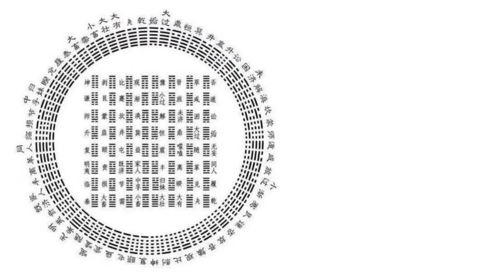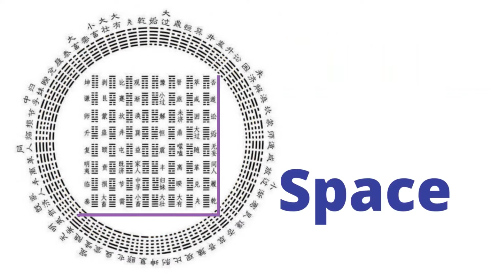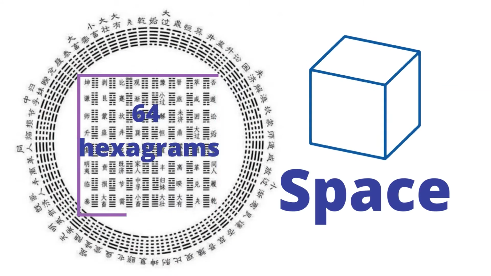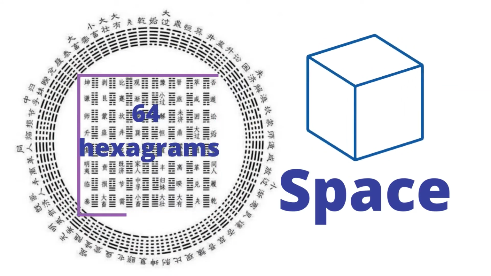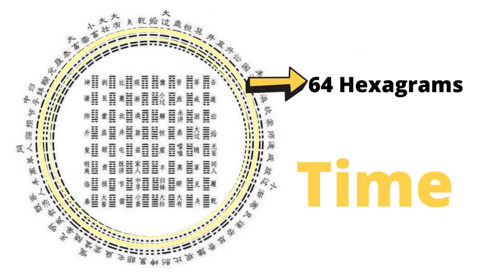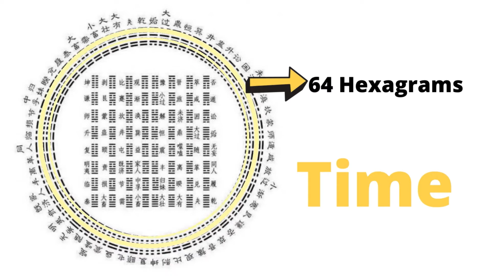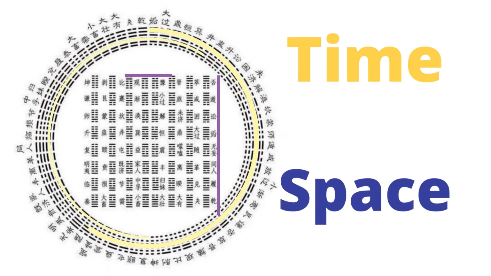And this diagram gives you a further insight into how the ancient Chinese perceived space and time. The outer circle is the concept of time, while the inner square is the concept of space. Thus, the 64 hexagrams in the inner square represent the space we are living in. How about time? The 64 hexagrams in the outer circle represent the time we have been through and yet to come. Since this is a huge subject, I will try to explain it in more detail in a later video. So, up until now, at least you have had an idea about hexagrams in terms of time and space.